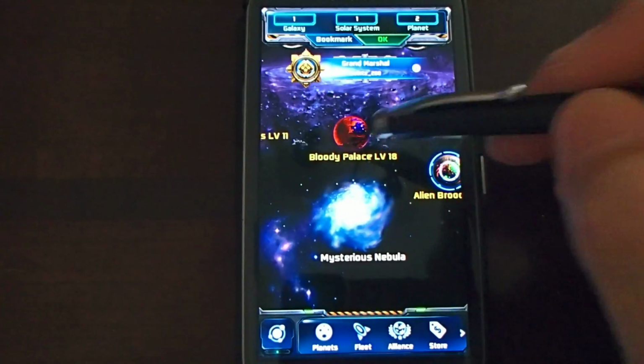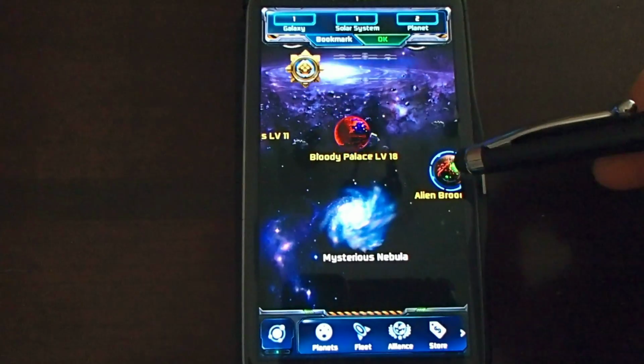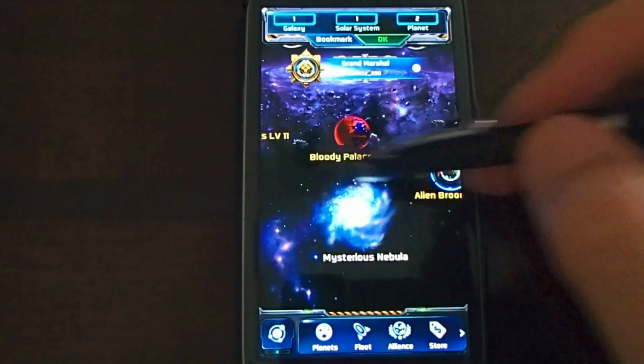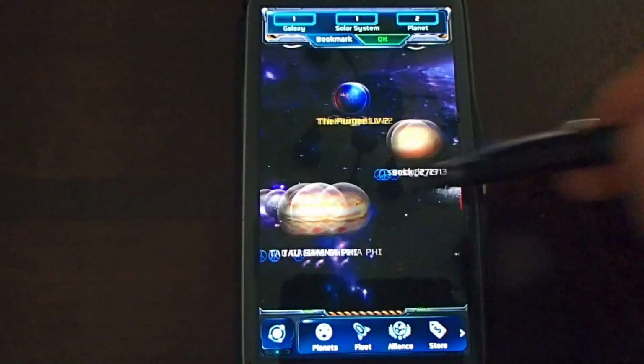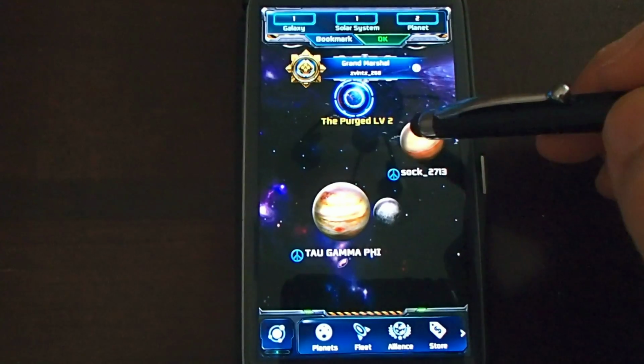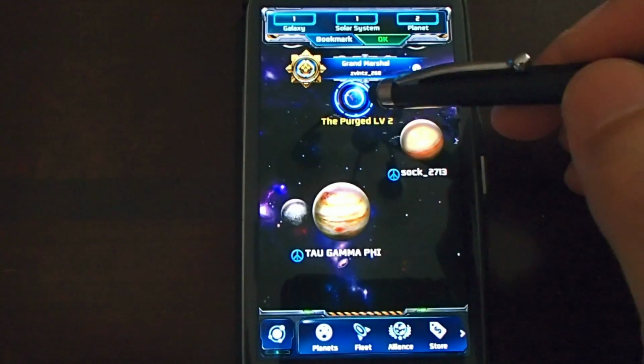The level changes based on this timer. Whenever you click on it, it says 1 day, 6 minutes, or it will say 2 hours, 2 minutes, and 25 seconds. At that time, the level will reset, which means that your enemies can get stronger or weaker in there. Here at the Purged, level 2, which is probably the first planet that you'll visit whenever you're attacking NPCs,